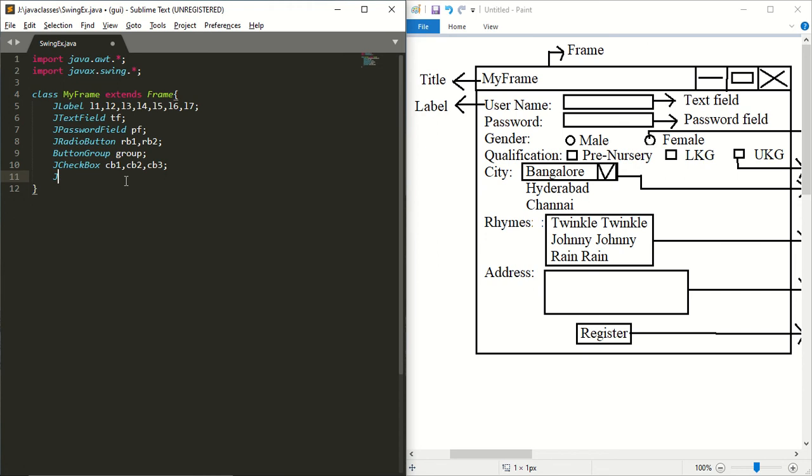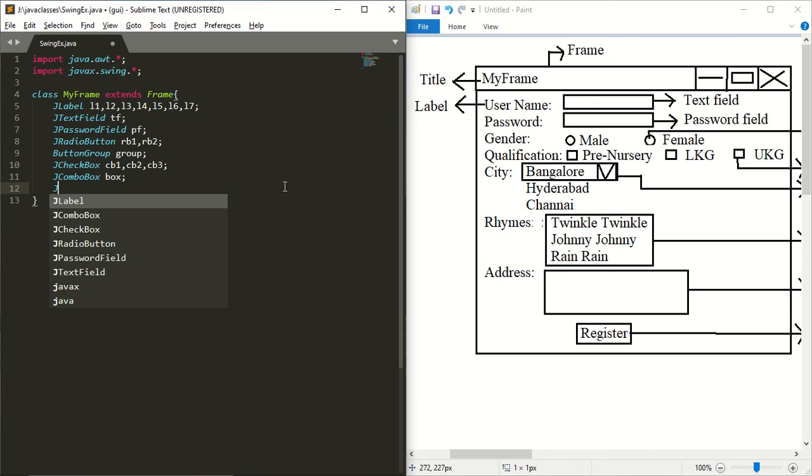So I will create JComboBox. I will take the variable name as box. Next we have a list. How to create a list? JList. I will take the variable name as list.